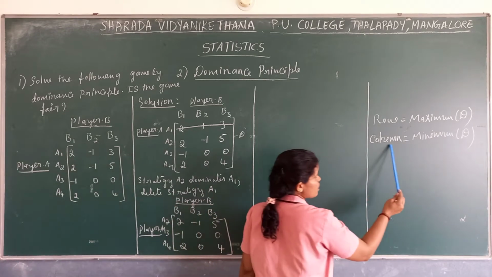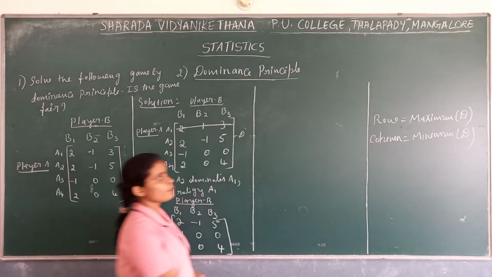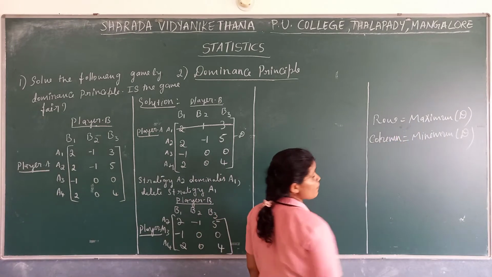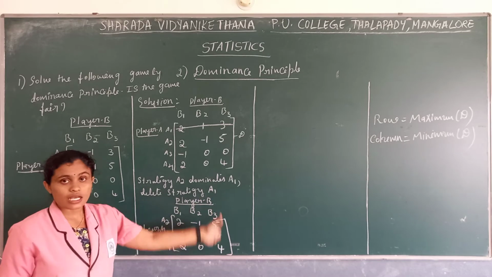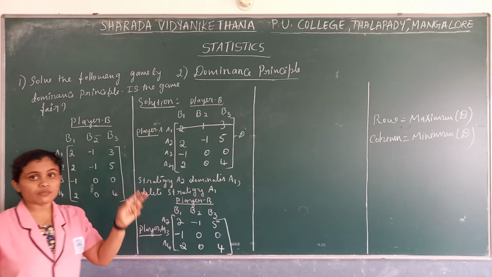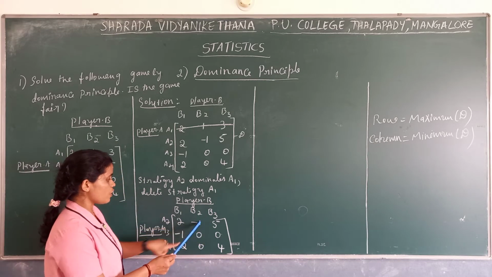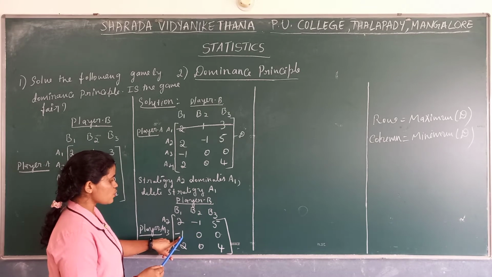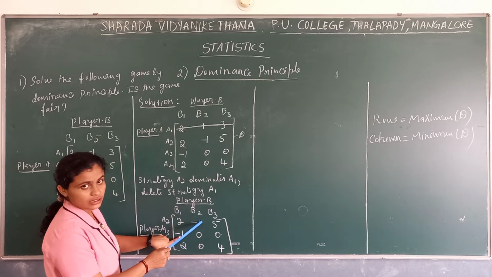What happens? In column wise comparison we have to see which is the minimum column. That dominates, the minimum column, we call it a dominating column. In case of row wise, we call the maximum row the dominating row. Now we have to see column wise comparison. We have to check which is the minimum column. Now 2 and minus 1, here minus 1 is the smallest one, and with 0 and minus 1, here minus 1 is the smallest.